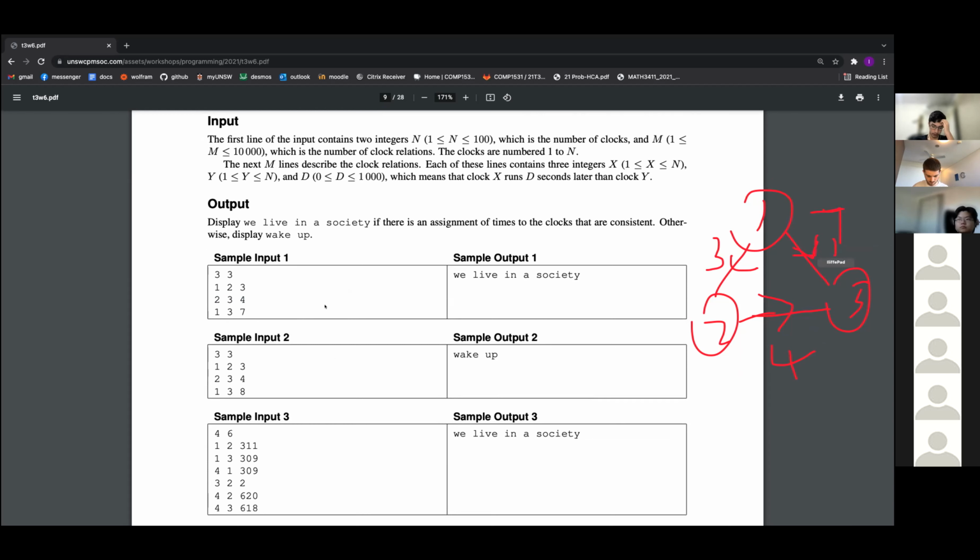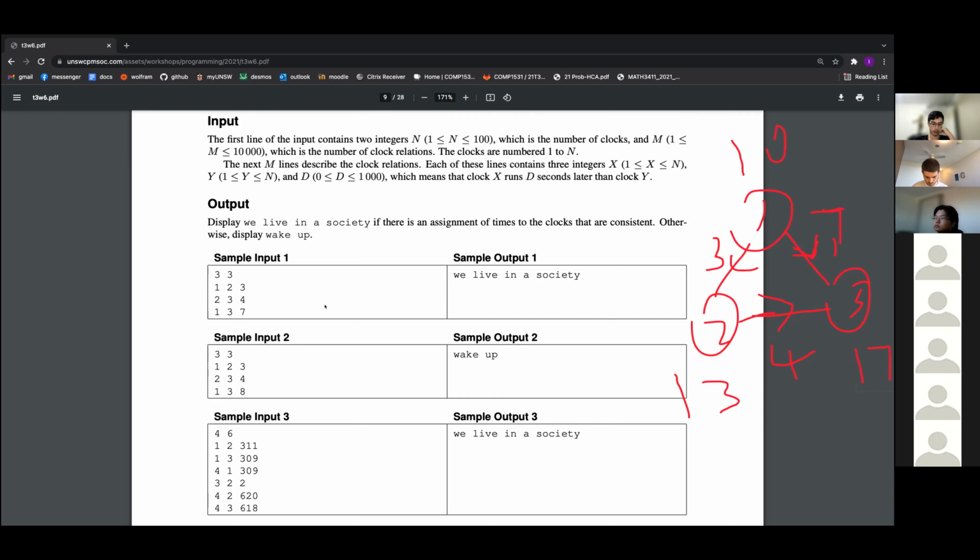So you can kind of see that this is consistent because 3 + 4 = 7. So you can think of it as like the time zone of this one is like, say, 10, and this one's 13, and this one is 17. I don't remember the exact setup. Times are kind of confusing, but I think the easiest way is to just reinterpret the problem as each node you have to allocate a number, and you're given a bunch of conditions on the differences between two numbers.